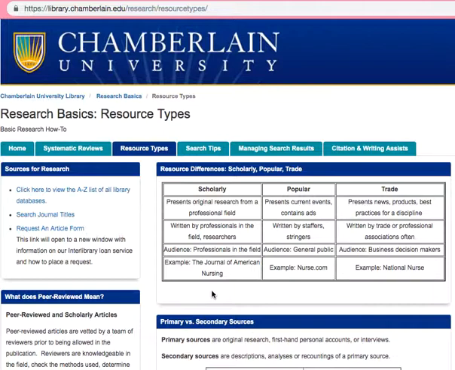So if you think it's scholarly, but it's from a website, almost 99% of the time, it is not scholarly. Now, this isn't because websites are completely unreliable. It's not that at all. But if we're going to go by the definition of scholarly, it kind of has to be in this very narrow definition.